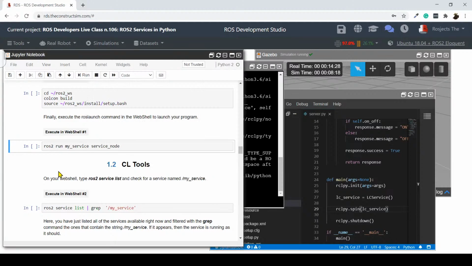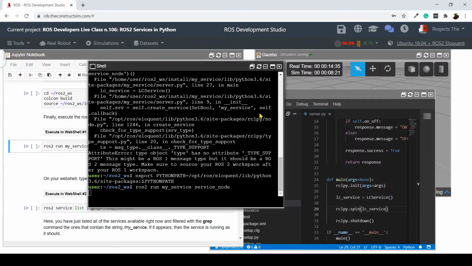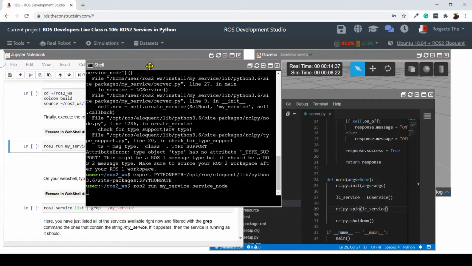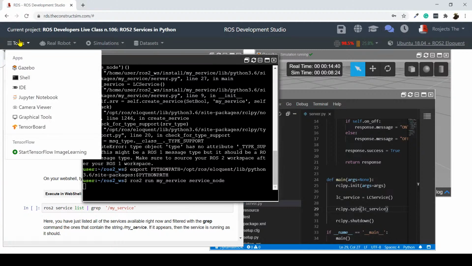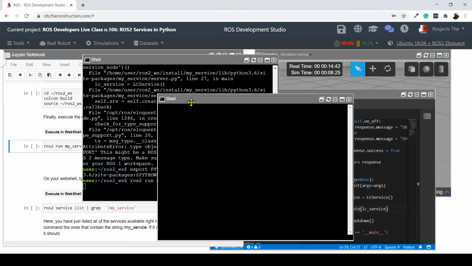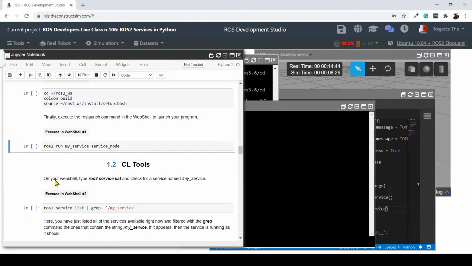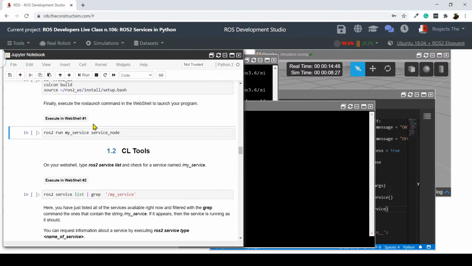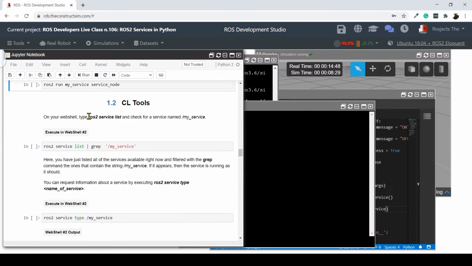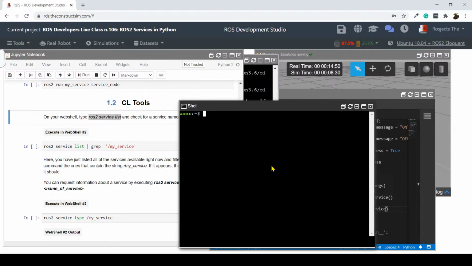Then let's try to interact. First of all, let's try to know a little bit more about this service and interact with it from the command line. So I'm going to open a new shell here. First of all, we have a command which is ROS2 service list. If I run it, ROS2 service list,